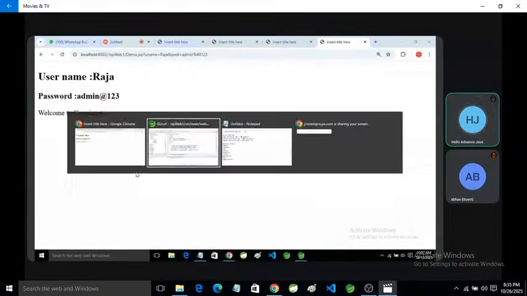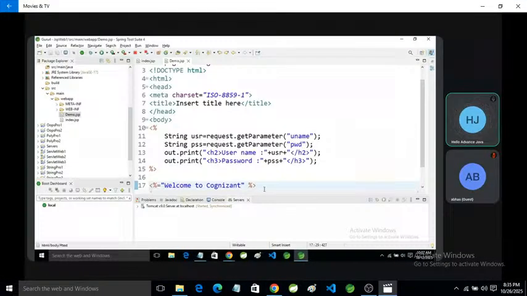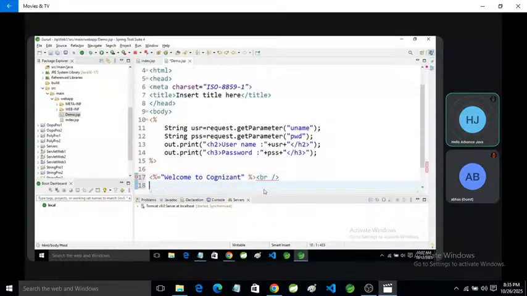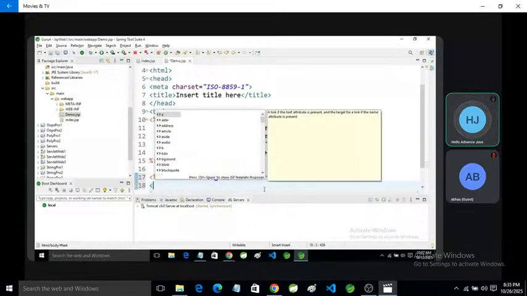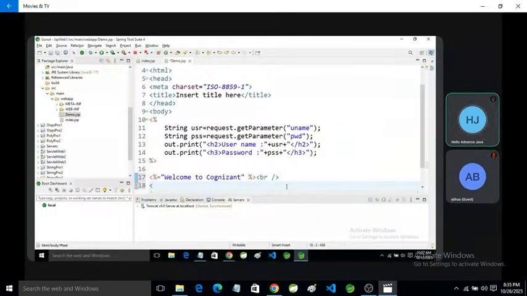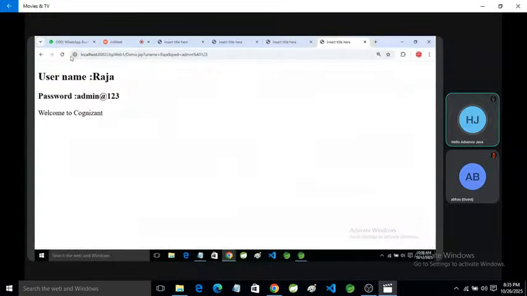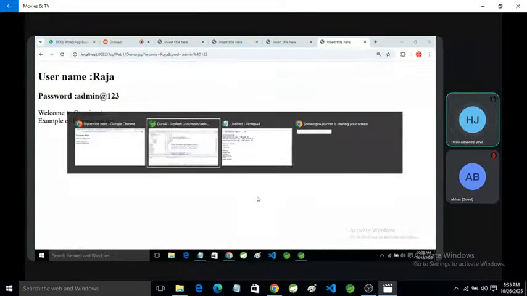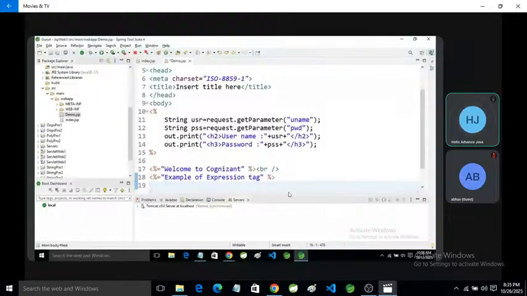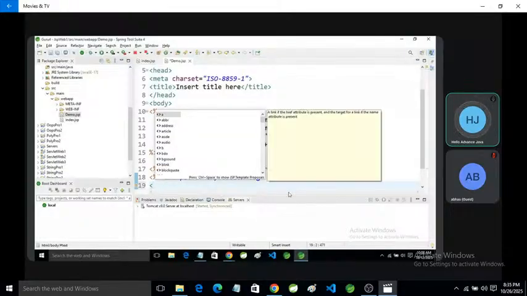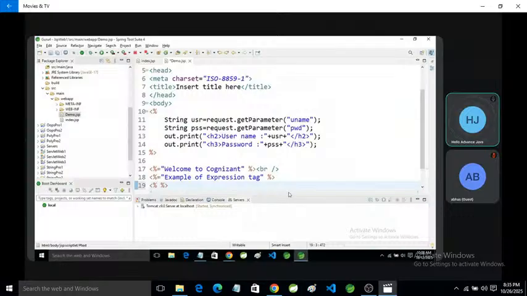Okay, same thing. If you want to show here the value of, example of expression tag, and refresh it. Okay. After that, suppose we want to use here